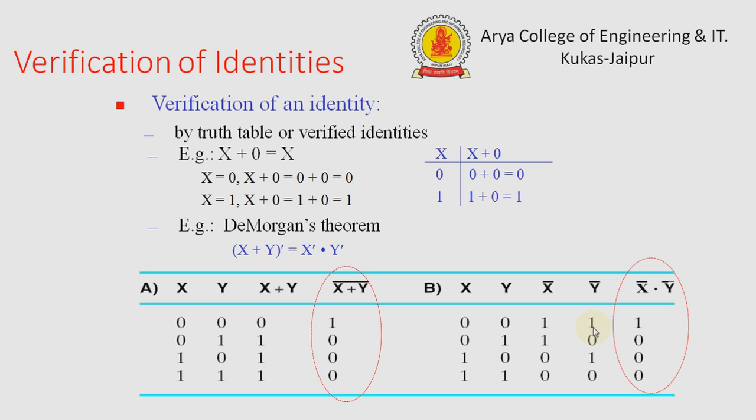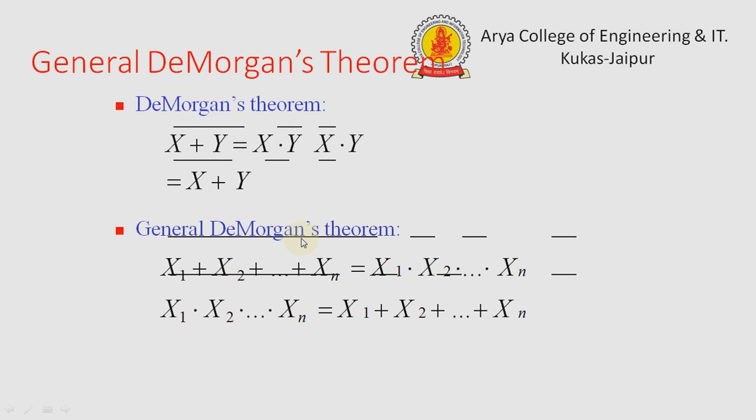And De Morgan's theorem is an example: x plus y complement equals x complement dot y complement. So we can calculate this value by this truth table. Here the x y values are given, which are the possible combinations of the two inputs, and x plus y complement and x complement dot y complement. We can see the values of both in the truth table are the same, this value and this value, and this verifies De Morgan's theorem.